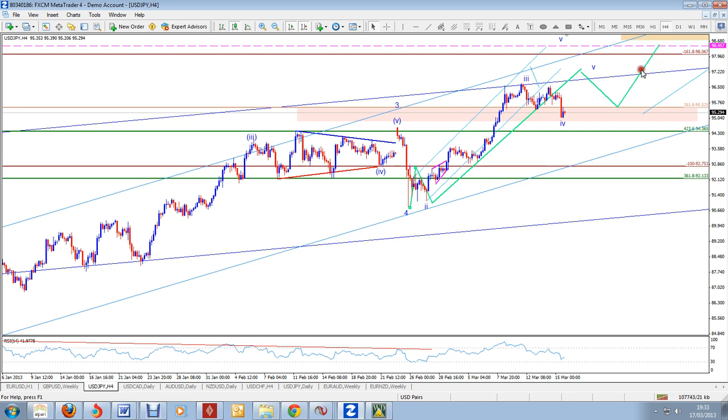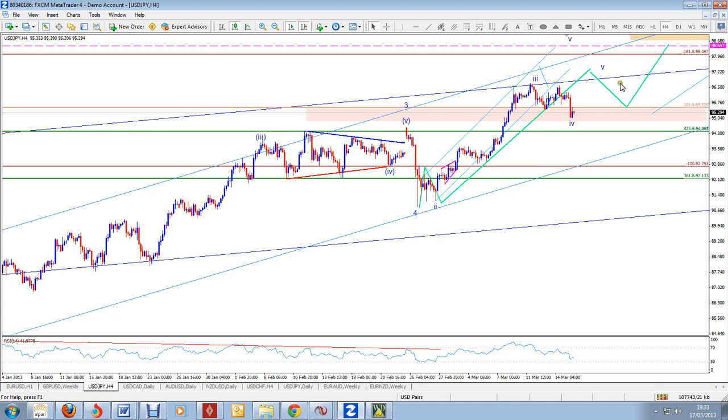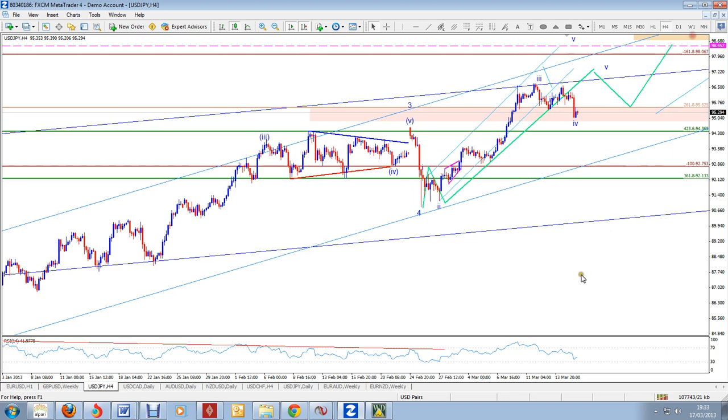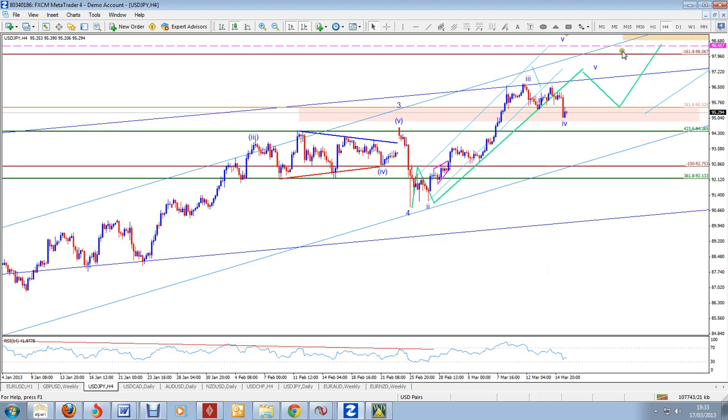The 100 is more likely to be a target, and we will wait and see. We might even get a little bit more complex in here, that wave 3 will probably extend. So where we put wave 3 might not be wave 3. Wave 3 will probably come over here, then we get a wave 4, and then we go for finally wave 5. So wave 3 could extend.